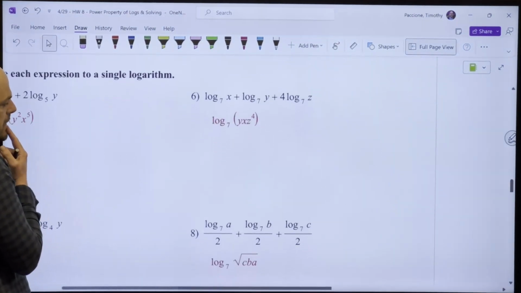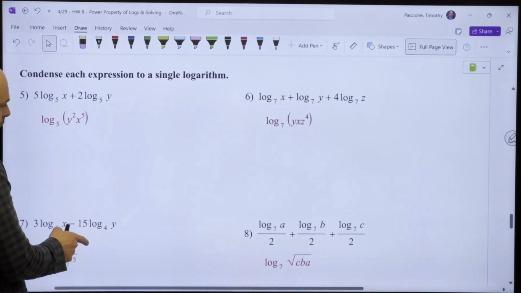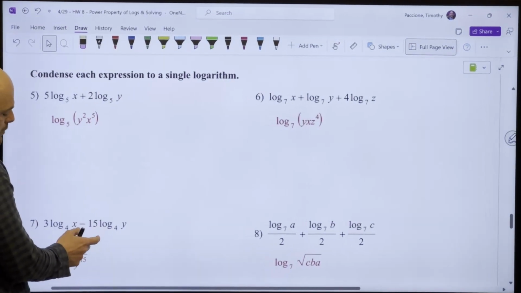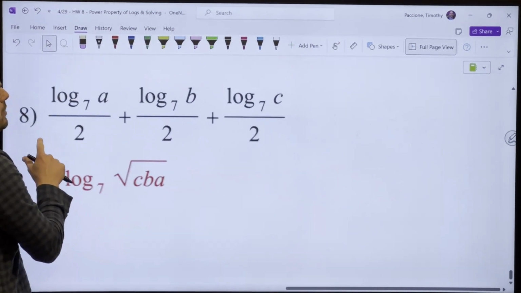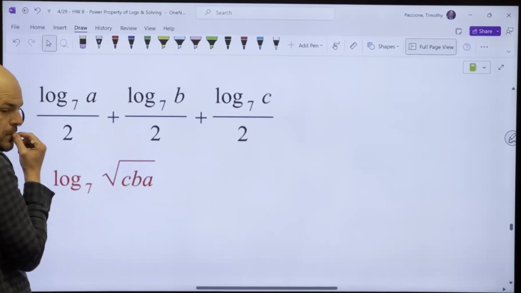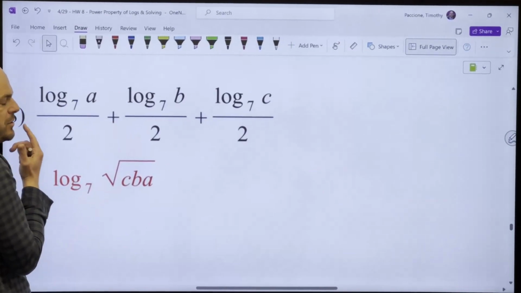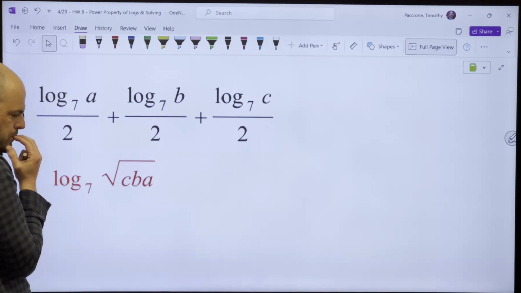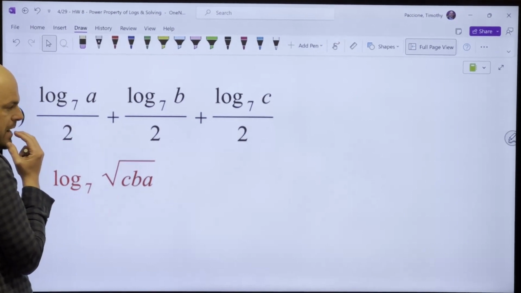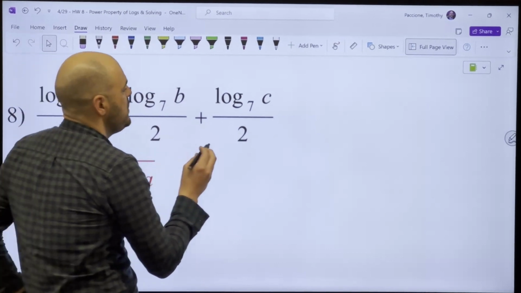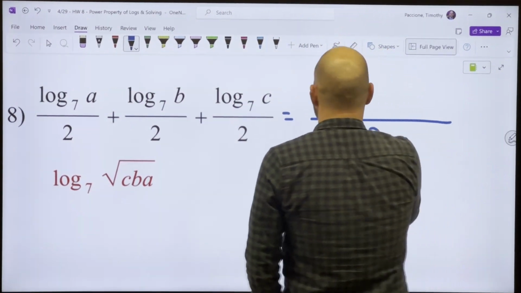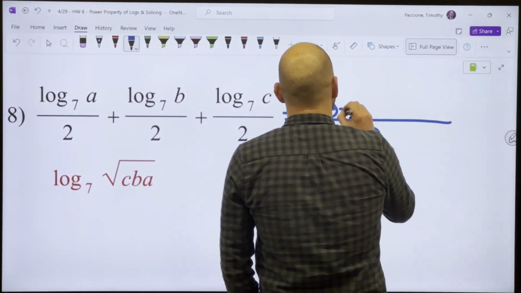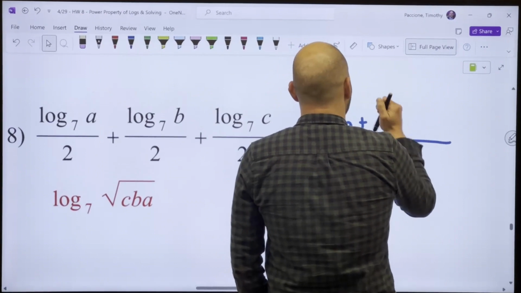Anybody have any questions on any of these? Can you do number 13? In 5 through 8 so far. Number 8. Okay, so number 8. How do we add? These are all fractions, right? What allows you to add or subtract fractions? Do they all have the same denominator? Yes. So can I add them together? Yes. Okay. So that means I can say that this is all over 2, and I have log 7a plus log,